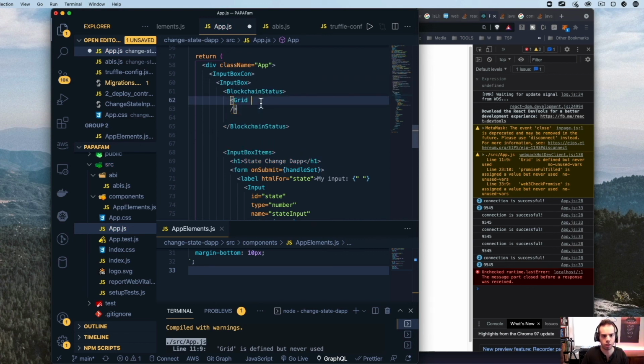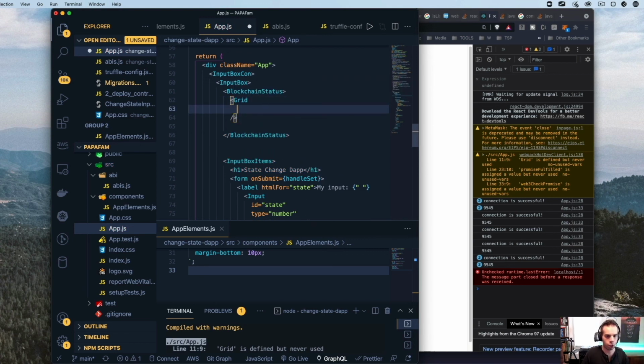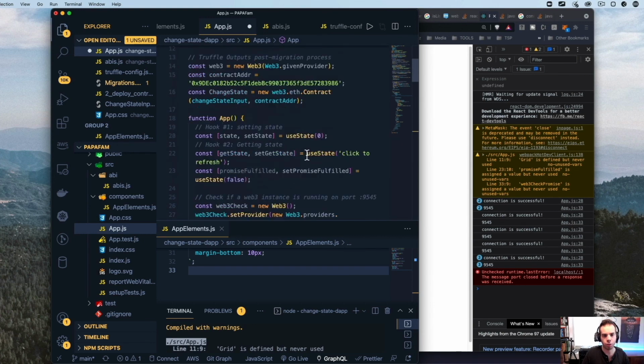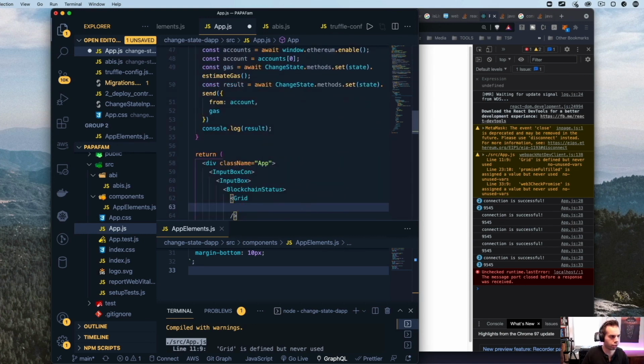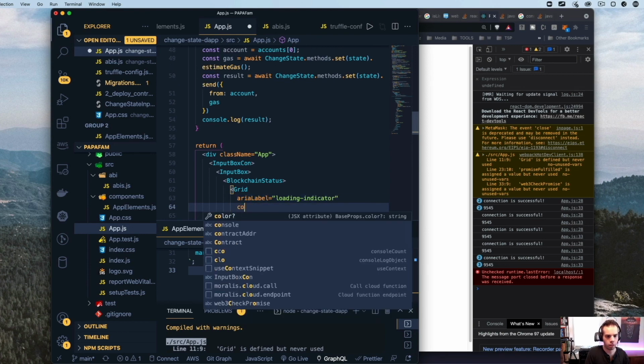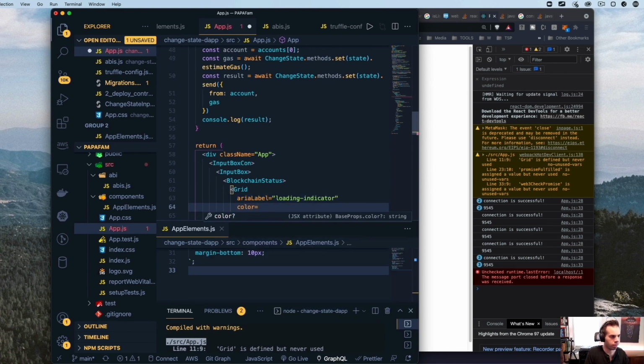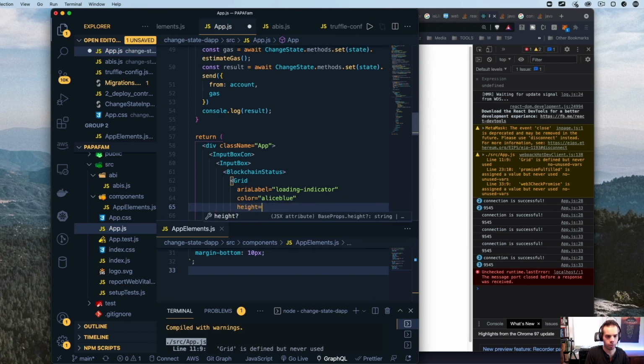So this is calling from the React loader spinner package. So we're going to put in some different variables: label equals loading indicator, color Alice blue, and height we're going to say is 30 pixels.